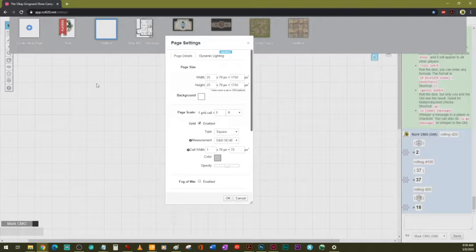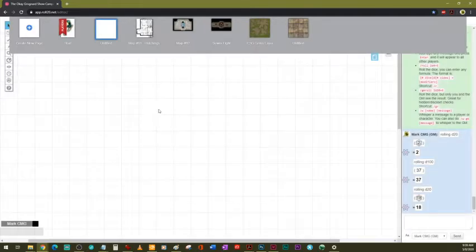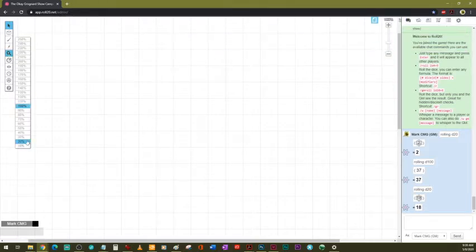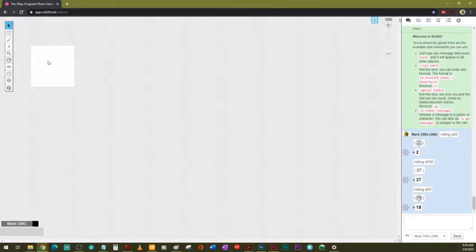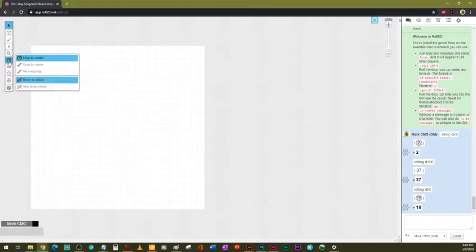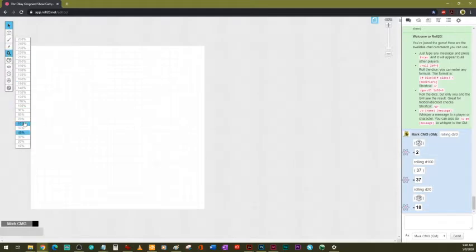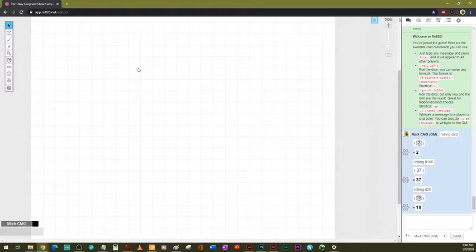Now I find that, well, there's a lot you can get done on one of these pages. You can fit a lot on here. Move it down to 10%. You see how many squares we're talking here. It's 25 by 25 squares. So it's fairly good size. But if I'm going to put something bigger on that, I'm going to need more room. And it would help me anyway to be able to see what's going on, but at the same time have enough room so that